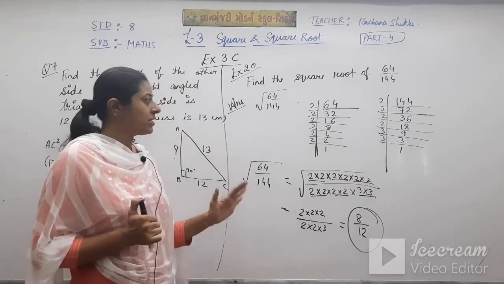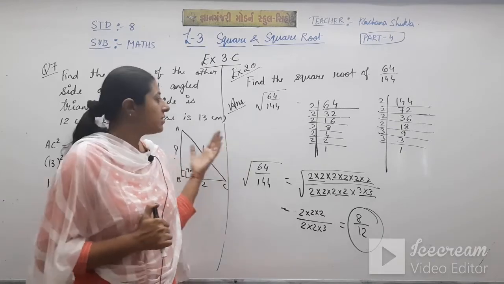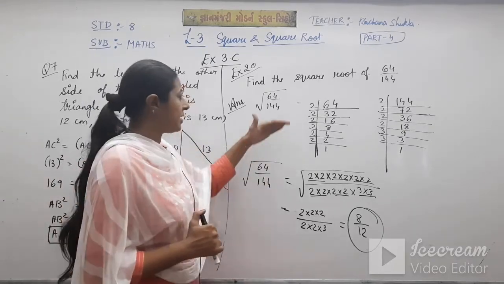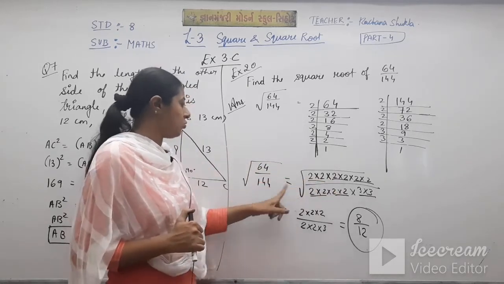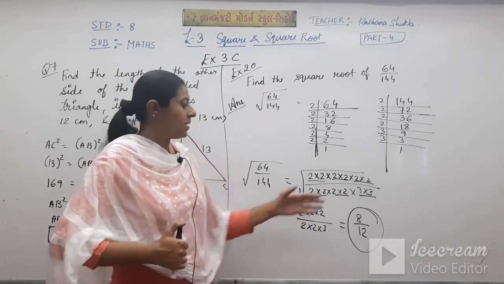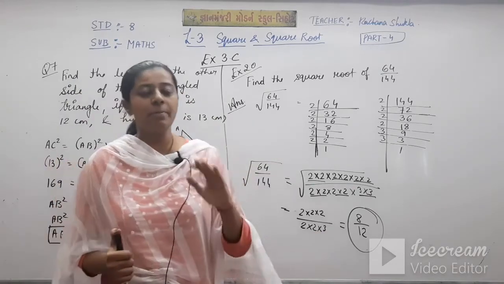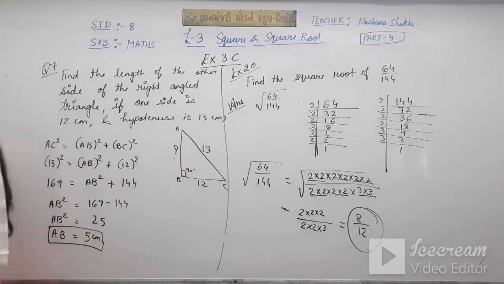You have to do the sum as we have studied earlier in the previous videos, the same way, but the only difference is you will write in the upon form. The 64 factors here, and down in the denominator the 144 factors, and your answer will also be in the upon form. So please copy this sum in your example book. This is your example 20. Now let's do the next example.